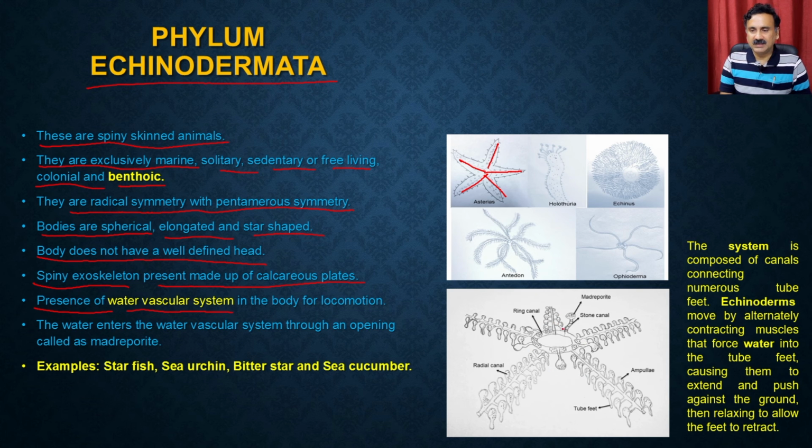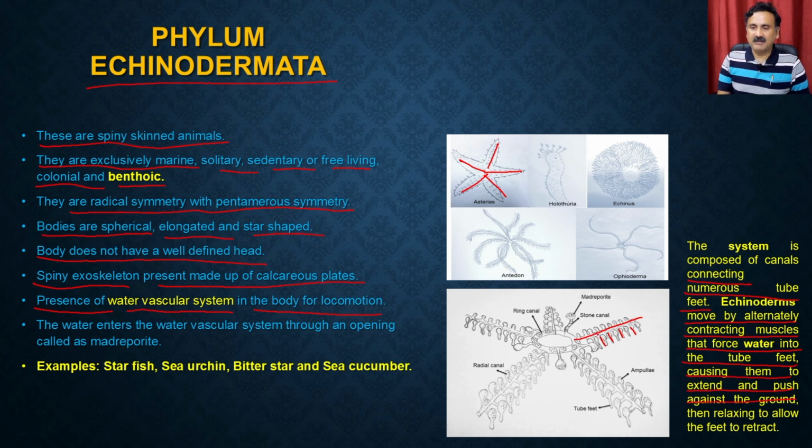So what you see here is actually a water vascular system in the body for locomotion. This system, the water vascular system, is composed of a canal connecting the numerous tube feet. So what you see here is actually the numerous tubes that are connected to each other, and the echinoderms move by alternately contracting muscles that force water into the tube feet, causing them to extend and push against